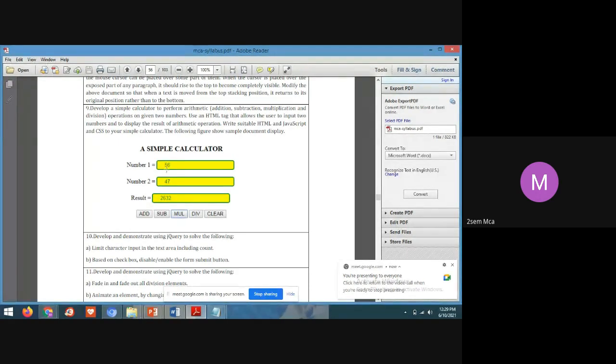See, here the background color is yellow. The sample calculator they have given to you, students, in the question only. So the background color they have changed. Generally, the background will be white. You can implement an external CSS or internal CSS. You can change the background color. The following is a sample output.